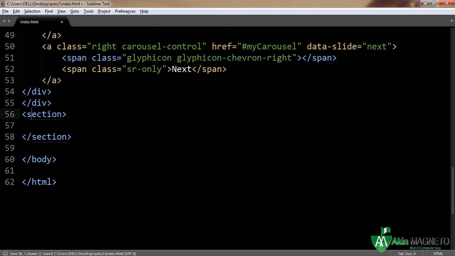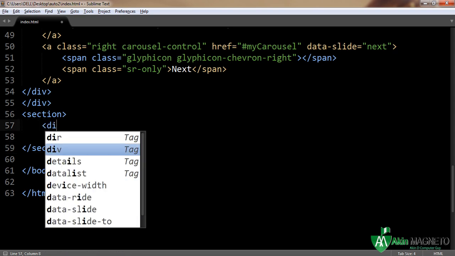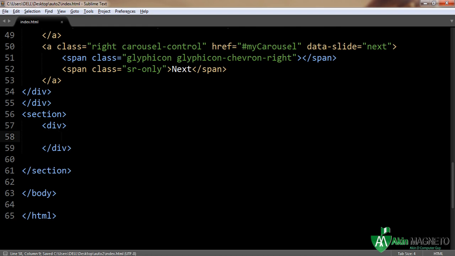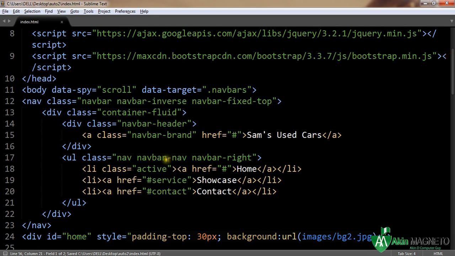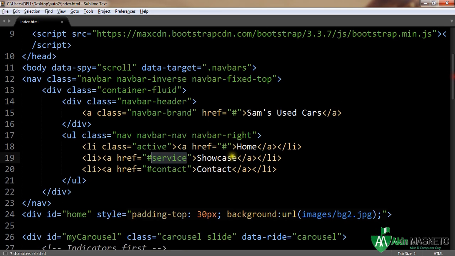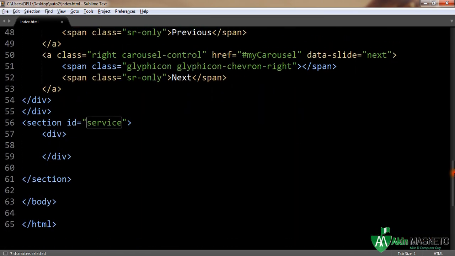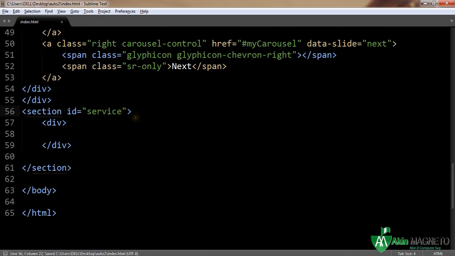Okay. Now insert a div inside it. Now under these, add an ID to these. Now if you are wondering why I am giving the ID to the service, if you go to our navigation to check it, this is it. That means once you click on this, it takes you straight to where you have the showcase. And service style,